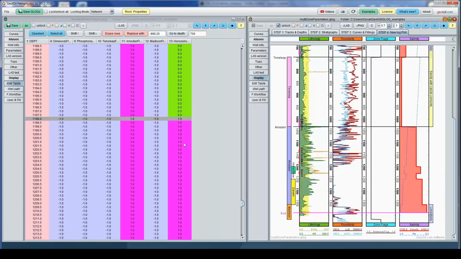Now, this is horseshoe. At the same time, it is horseshoe, and at the same time, it is Amsterdam. That is because horseshoe is a member nested inside Amsterdam. You go there, then it disappears. There is a blank here. Then it disappears, and then starts Darwin. So, okay, now -1. So Deloitte handles nested zones without any problem.